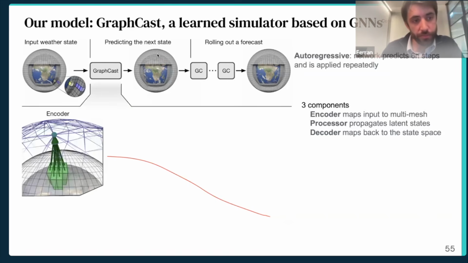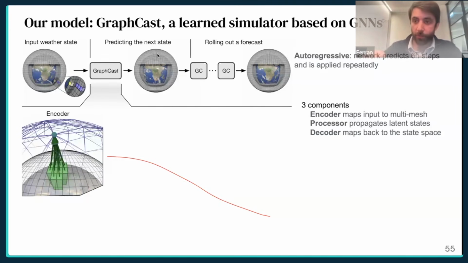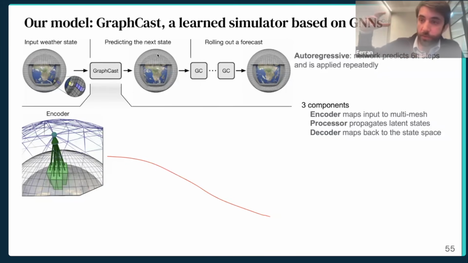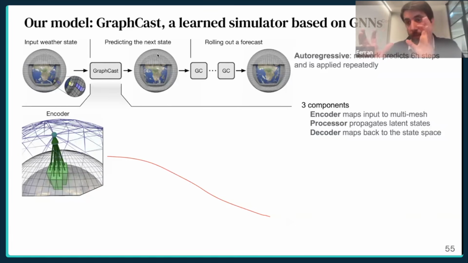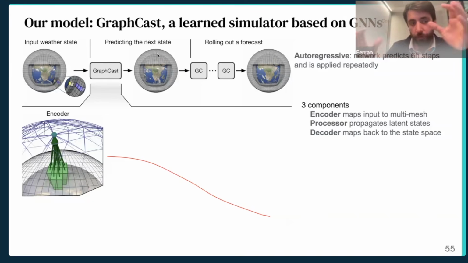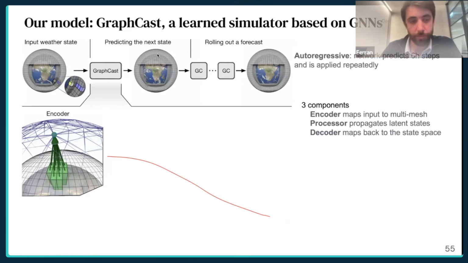What's this function? This function consists of 3 graph neural networks. The first one encodes the information. So we go from the Earth to a mesh. One of the reasons to do that, apart from saving compute, is that this mesh is kind of uniformly divided across the Earth, whereas observations or the grid that we were given really is divided non-uniformly across the Earth, which makes message propagation very hard.